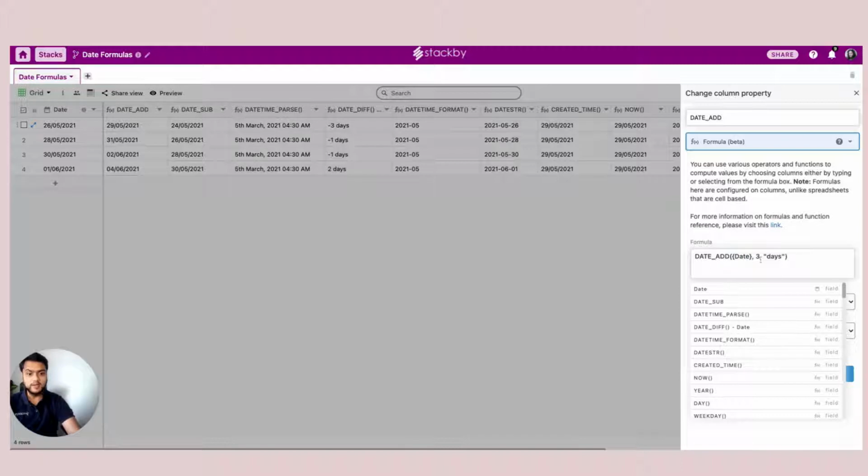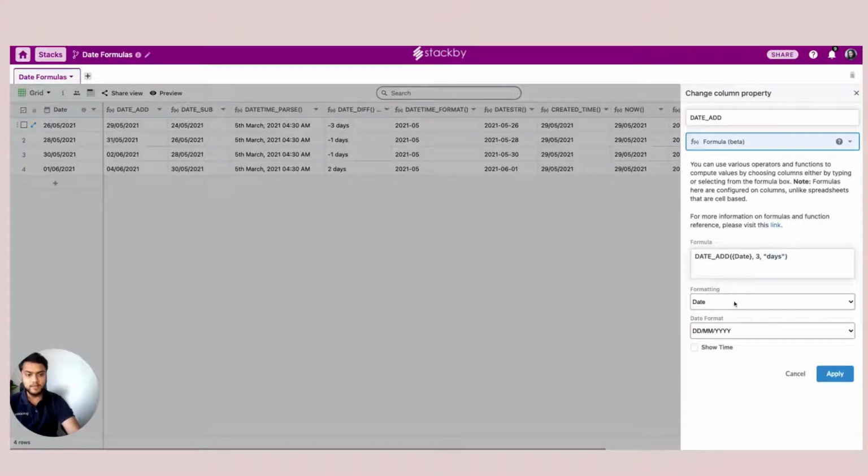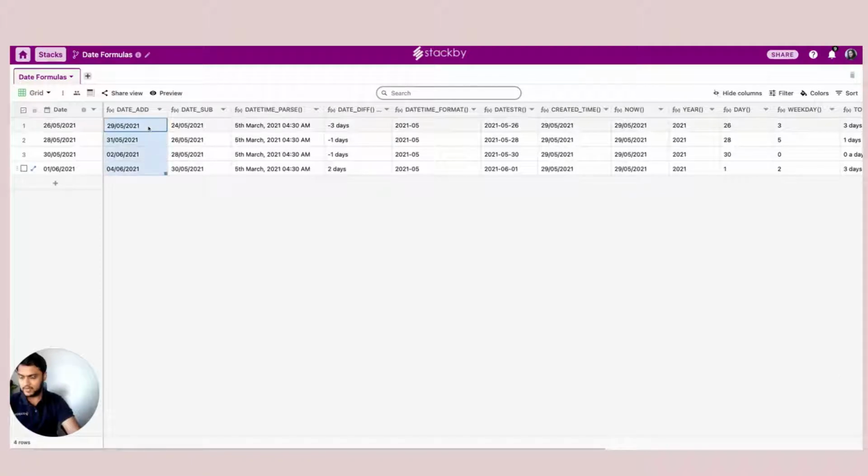And if I want to add 3 more days to this, I can add 3 as the number of days that I want to add. The formatting here is date, and the date format again could be anything. So just apply. It basically adds 3 more days to this particular date.